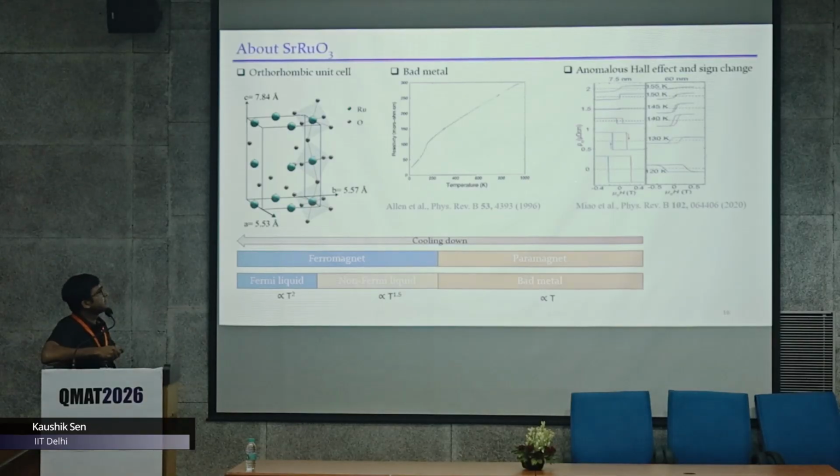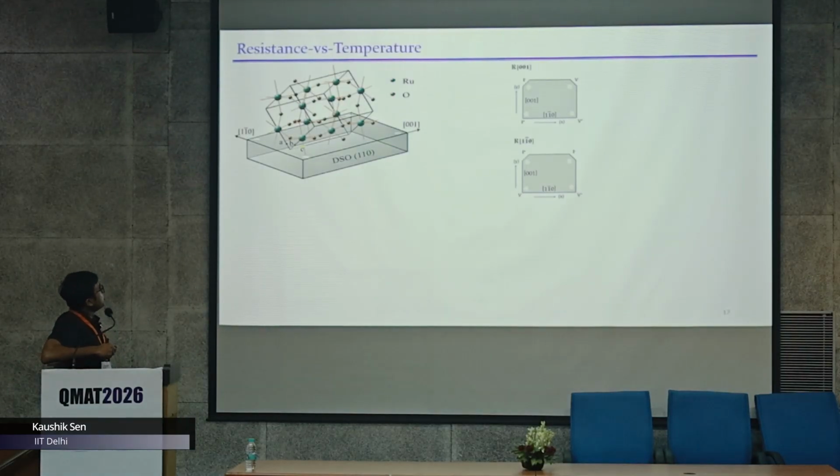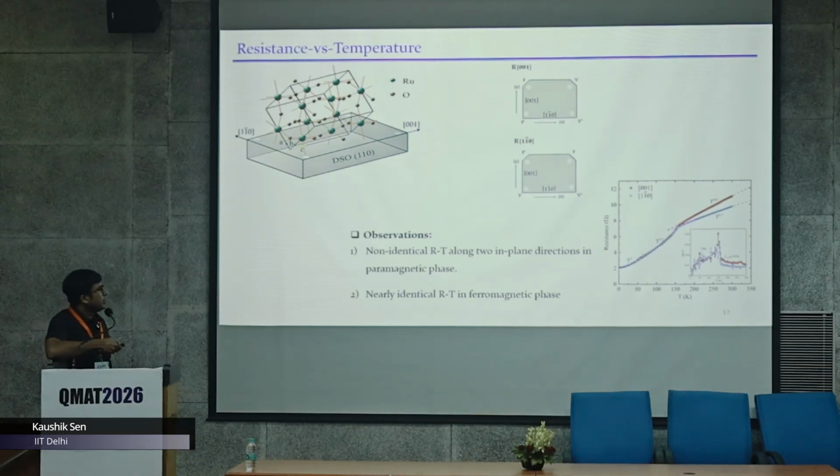And what also changes depending on the thickness, for an example, in a 60 nanometer thin film, the anomalous Hall effect has a sign change, okay, in this region. This is also known. So we measured resistance along this direction, and also we measured resistance along this direction by sending current in the opposite direction. And what we saw is that along the two directions the resistance temperature dependences are different, but as you cool down this divergence is reducing, and the moment you enter the ferromagnetic phase, this divergence is gone. Okay,